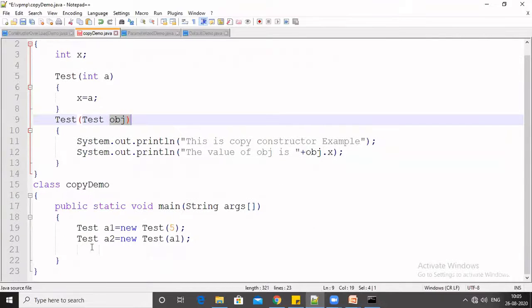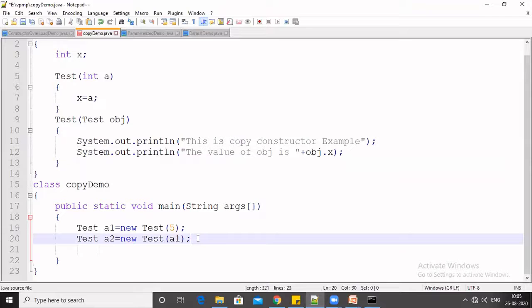Whenever we create the object of this class, first I create a1: Test a1 equal to new Test(5). Then Test a2 equal to new Test(a1). So in the second object, what we do here is a copy of the a1 object will be pasted in a2.